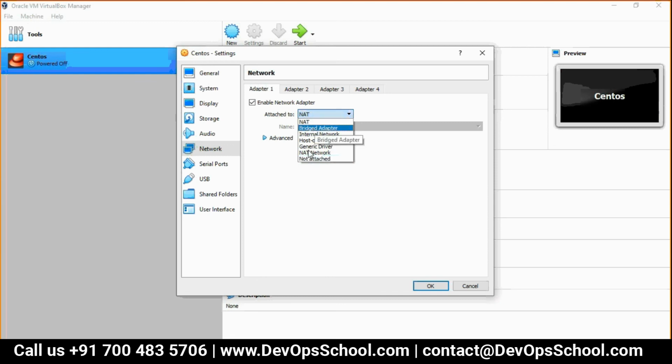You can attach to NAT, you can attach to bridge, you can attach to no network. Just go through this and study. You'll understand this because for Docker networking, you need networking fundamentals to be clear. Got it, guys?